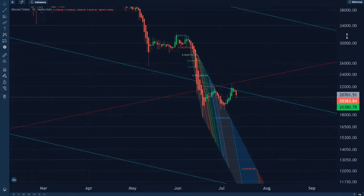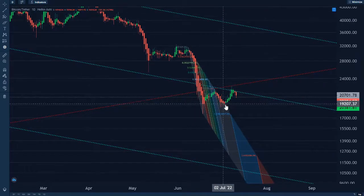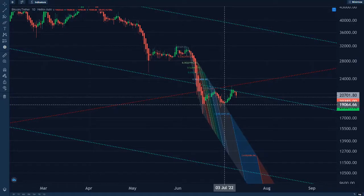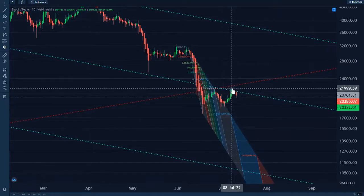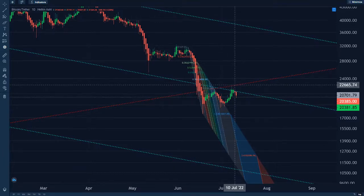We're going to take a look at this weekly update for July. It was supposed to be for the 8th and 9th, but it's the 11th today, and I'm putting it out there. We were talking last week that we were at a divergence point and that we could possibly have a dead cat bounce up to the 8th. In my last tutorial, I said somewhere around 22 to 23,000 would be a target. We'd probably drift off, and it could persist to around the 12th, and possibly into this week we have